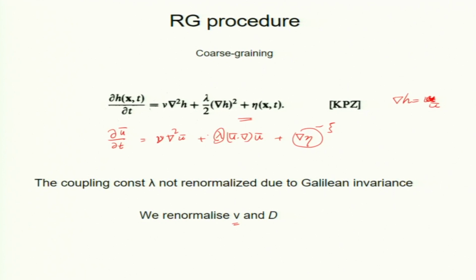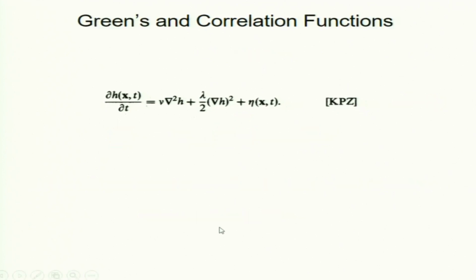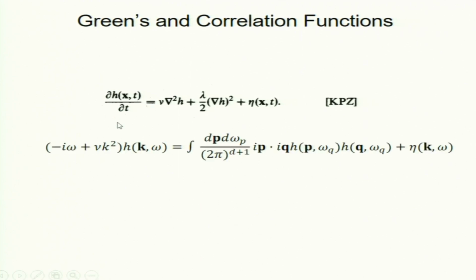So, what do I do? We follow this, KPZ, the famous paper. So, we write down Green's function G naught. Okay, so let us write G naught. So, in Fourier space, these are my Fourier space equations. Do you understand what it is? So, this term is coming here, this term nu k squared, that is the term there, this eta is right here, and this grad h squared is the nonlinear term. So, that becomes a convolution, right.